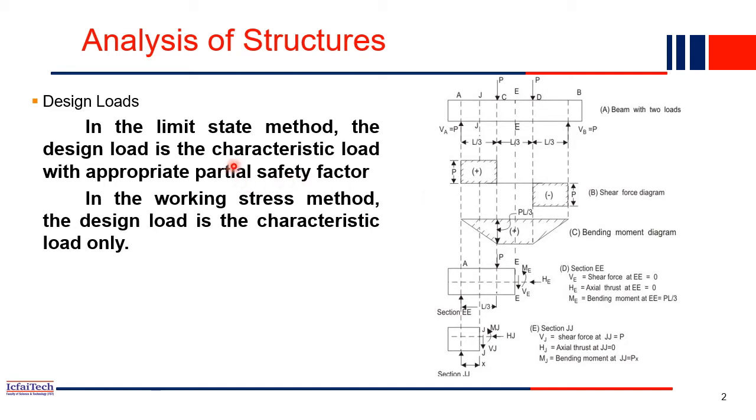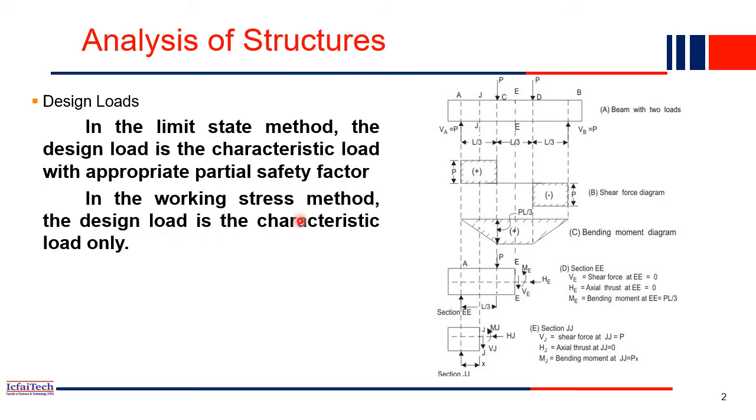Similarly, what is characteristic load? That I will discuss in the next slide. But in this slide, you understood what the safety factor or partial safety factor is. We are increasing loads because of so many uncertainties; the load may increase in that case. So just to be on the safer side, we multiply with some factor, which we call the partial safety factor. And for the limit state method of design, this value is basically 1.5.